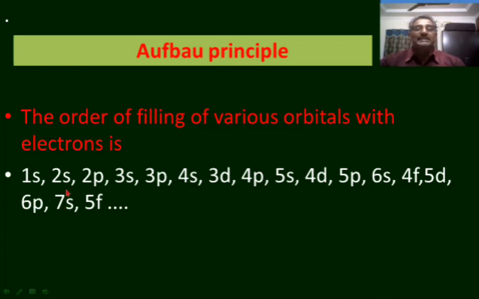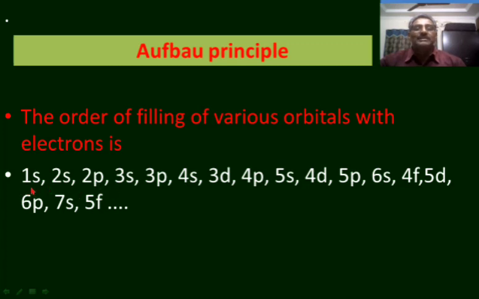The electron is to be written in the 2s orbital only when the 1s orbital is completely filled with 2 electrons. The electron is to be written in the 2p orbital only when the 1s orbital is filled with 2 electrons and the 2s orbital is filled with 2 electrons, as an s orbital can accommodate only 2 electrons. And before filling the electron in the 3s orbital, the 1s, 2s and 2p orbitals are to be filled completely with their maximum capacity.